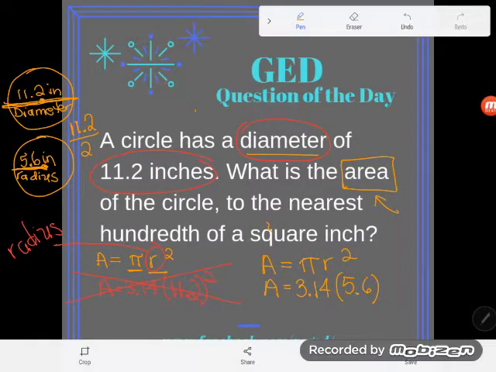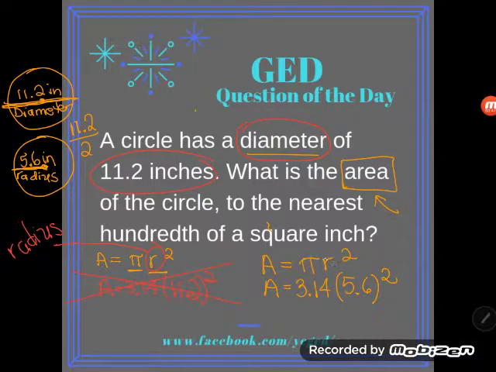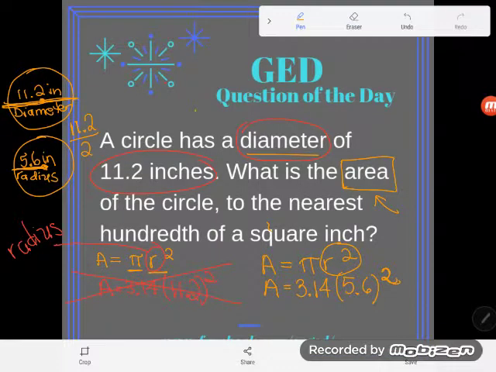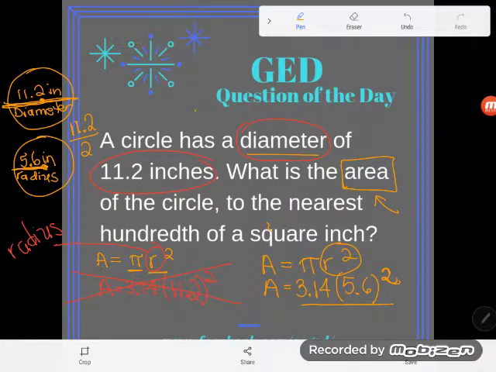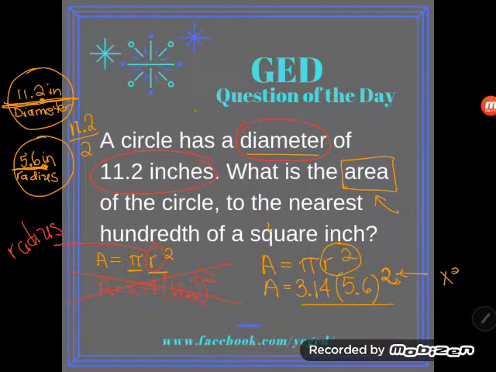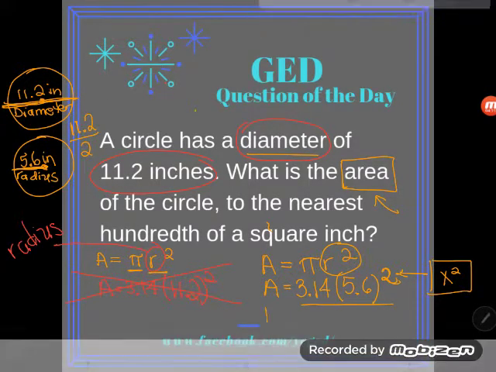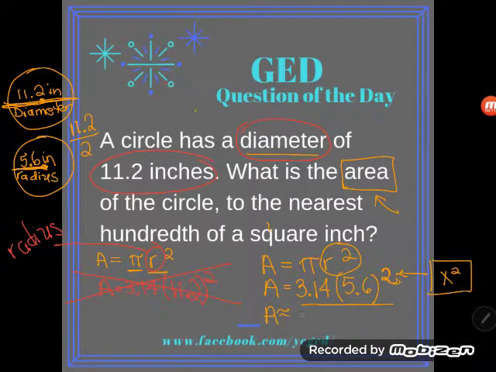Now notice I plugged it in with parentheses because the pi and the r are shoved together. But also don't forget the square. R was supposed to be squared. So there's my square. Now that I have all numbers over there, I could just go ahead and type that all into my GED calculator, and I will. I'm going to type this entire expression: 3.14, open parentheses, 5.6, close parentheses, and I'll type the x squared button in my GED calculator. And press enter, and I find out the area is about